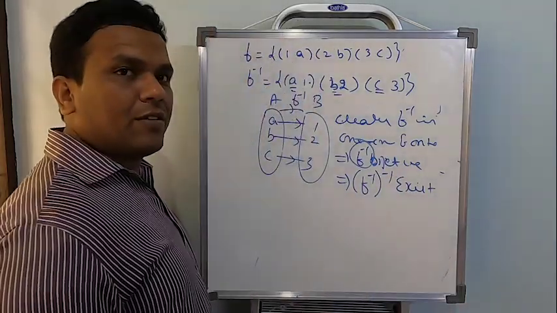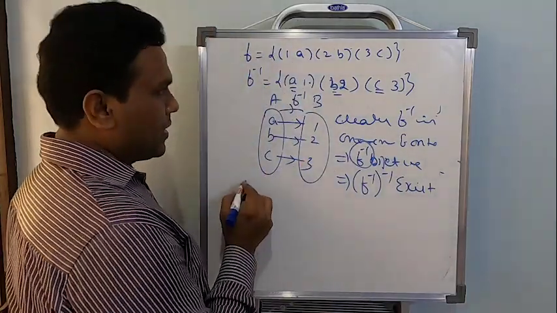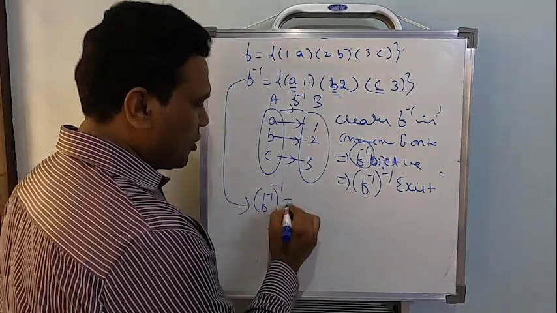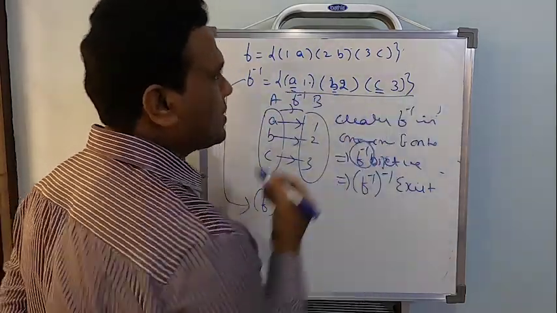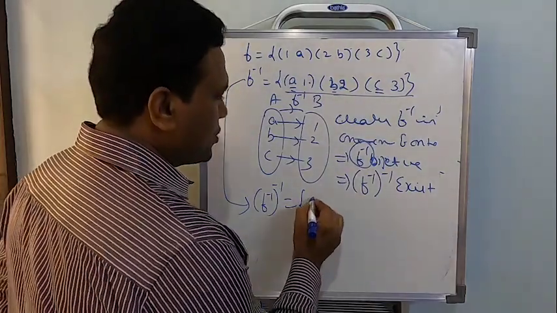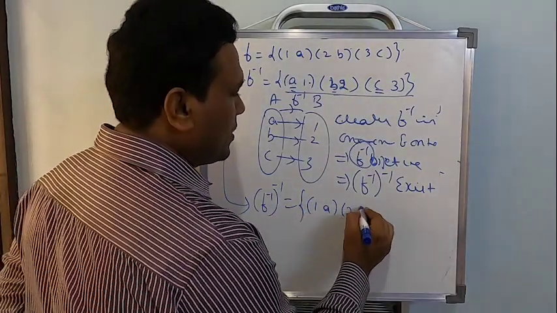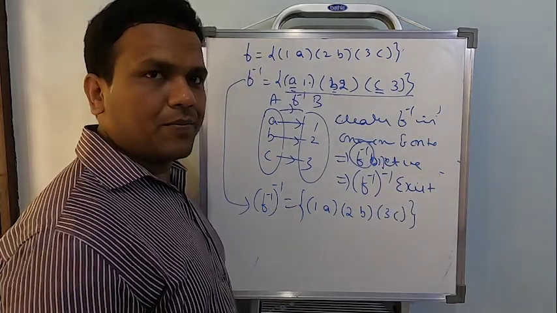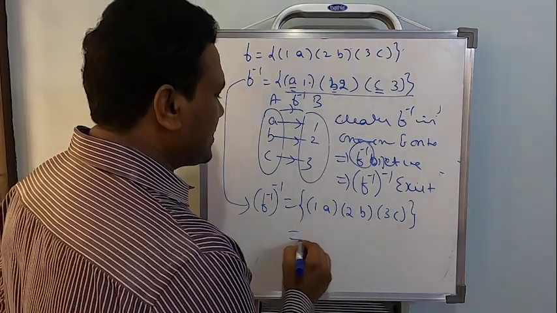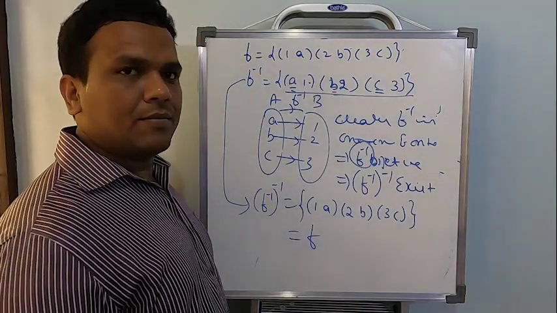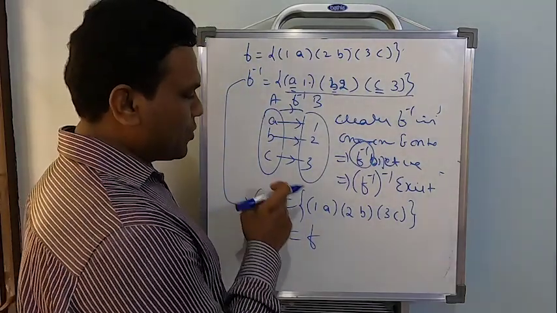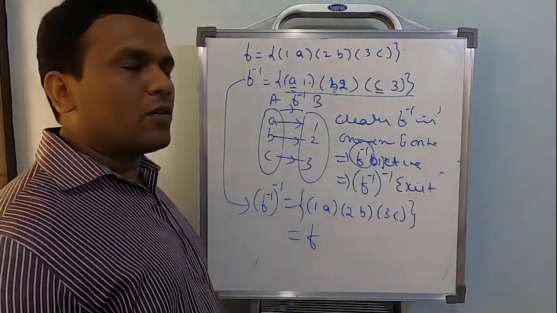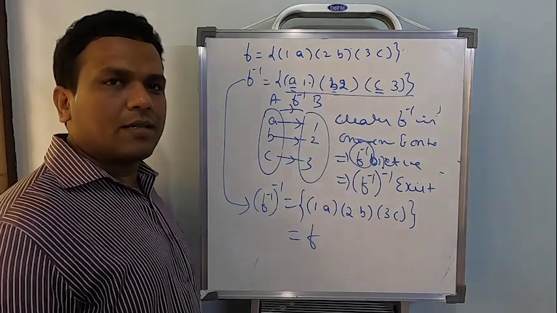And how to find the inverse of f inverse? Whatever elements of f inverse I have written here, for this I want to find the inverse. Just reverse these three elements. So the first one (1, a), the next one (2, b), the next one (3, c). Close it. And now notice here, this is nothing but f. So that's the conclusion needed: the inverse of f inverse should be equal to f. Just take the help of the arrow diagram. It's quite easy to understand.